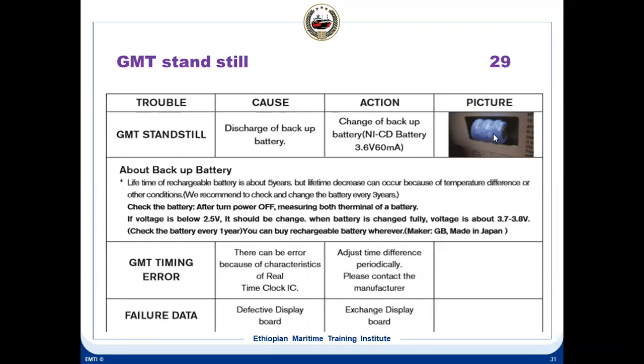As I told you, this backup battery is inside the 15 ppm monitor. This is very important, this backup battery. This is the real-time clock maintaining battery. So your clock will fail if your battery fails. Normal life of this battery is about 5 years, but it is better to change it every 3 years. It's a nickel cadmium battery of 3.6 volt. You open the cover and inside you'll find there's access to this battery. So this is to keep the real time so that your GMT time is always maintained. And whenever a time change takes place on board ship, you have to adjust the GMT time with the bridge.